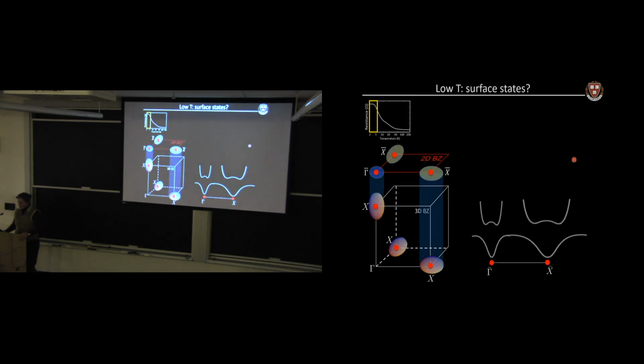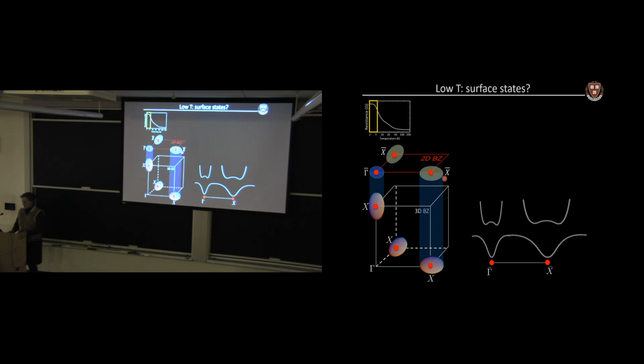So if I take a little closer look, I see that these Fermi pockets are actually footballs, not soccer balls, or rugby balls rather than footballs, depending on what country you're in. It means they're oblong. So the surface projection of these is going to be different. This one is going to project to a narrow pocket of the surface, and this one is going to project up to a fatter pocket at the surface.